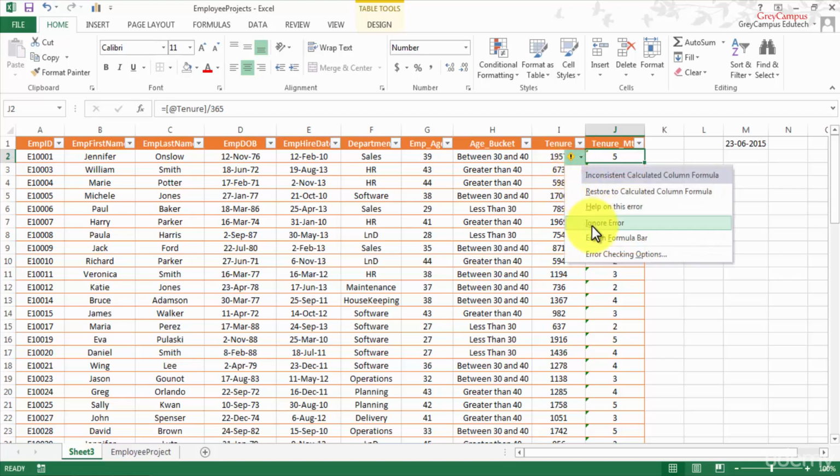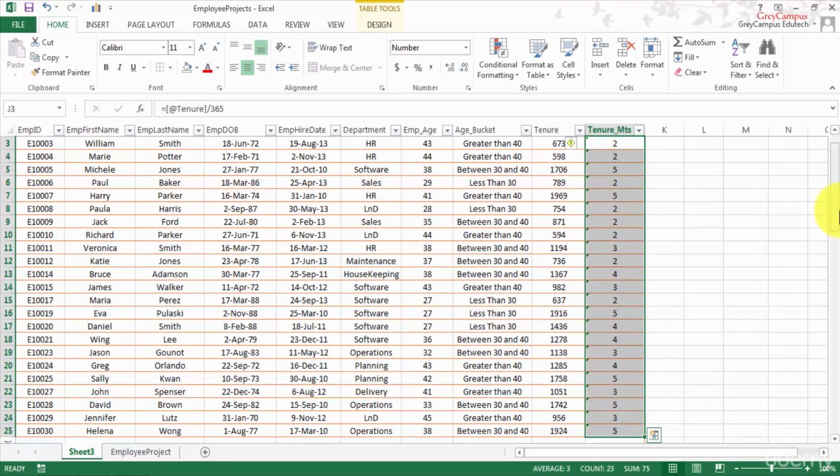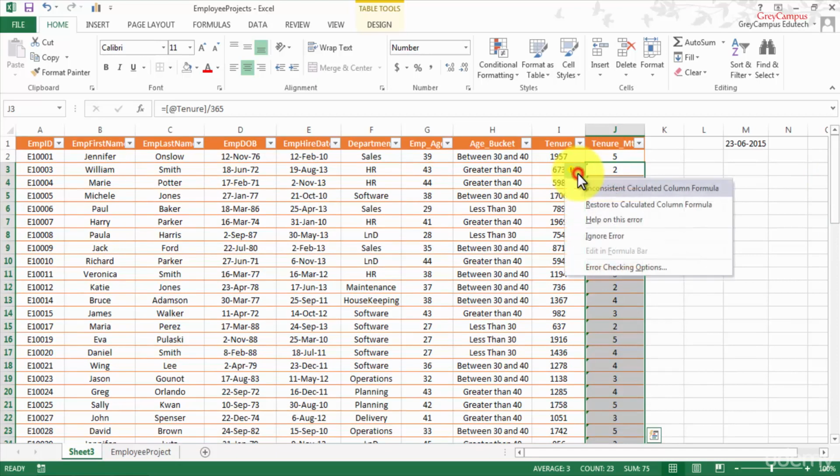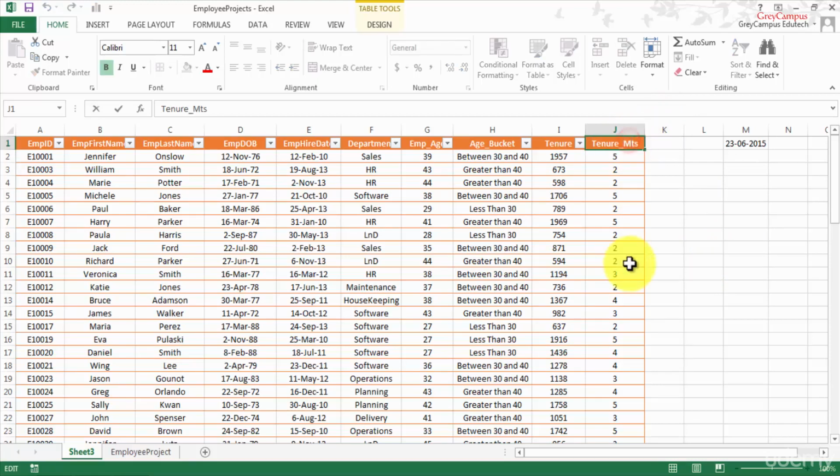So I say I understand, I ignore the error. It thinks that there is some error there. So I have taken it as year, so tenure in terms of years now. See how quickly we can convert data into some meaningful information. Now what I can do, I can simply say tenure